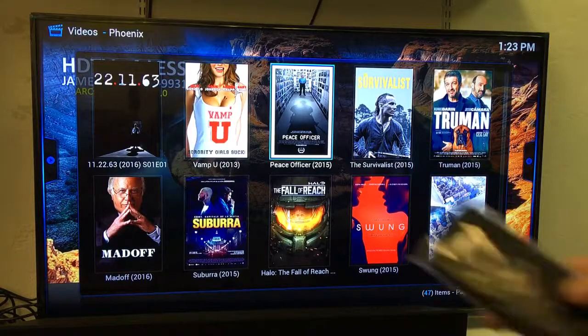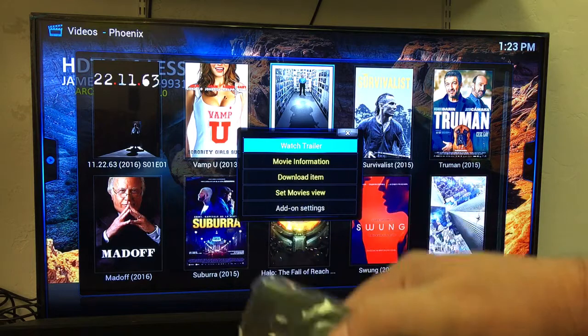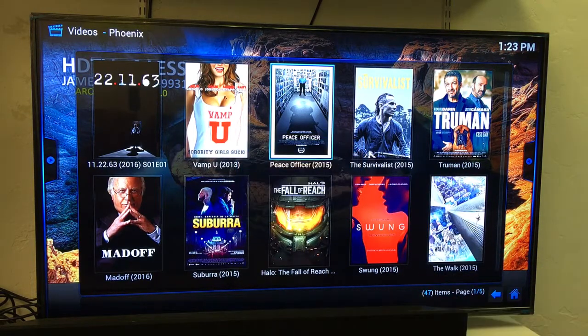Nice thing too on the remote control is you can click right here. Click right there, and then you can watch a trailer. See, it says right there, it says watch a trailer. So I can watch a trailer of any movie or any TV show I want to watch. You can watch a trailer inside